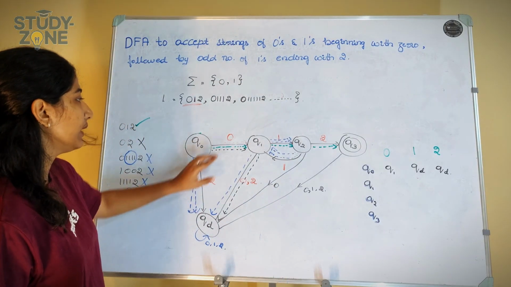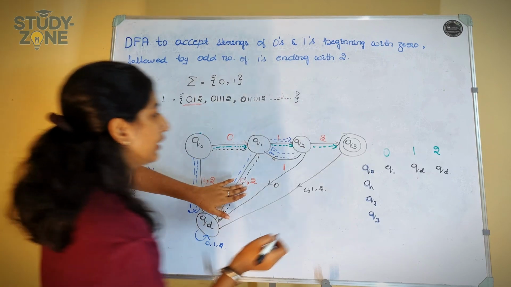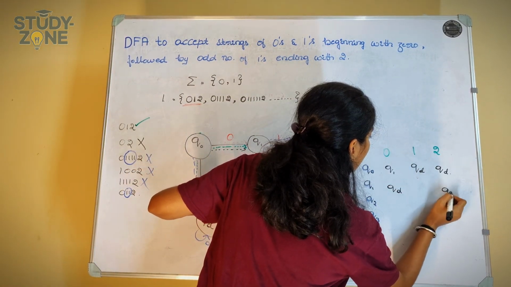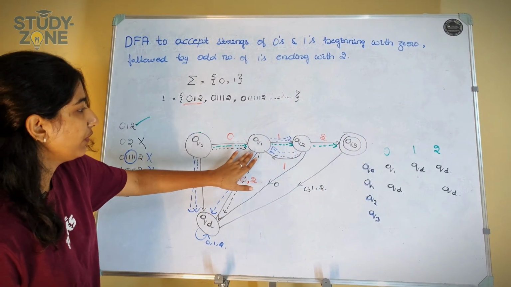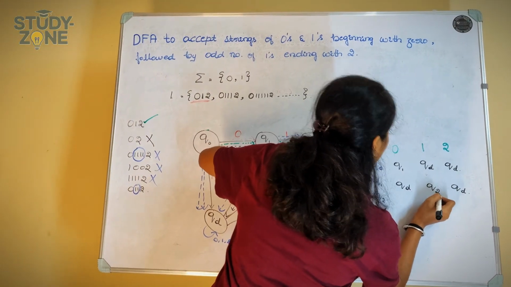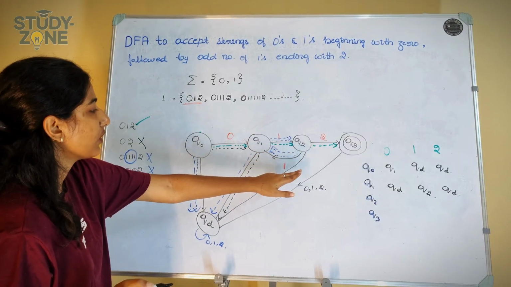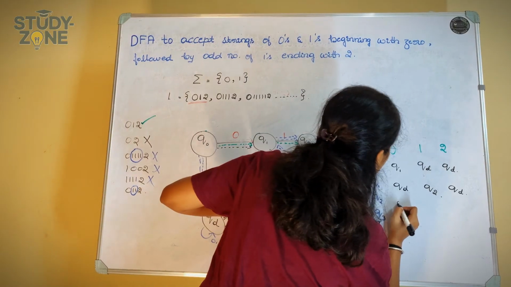And then Q1 on 0 and 2 both moving to dead state, and Q1 on 1 moving to Q2, and then we have Q2, Q2 on 0 moving to dead state,